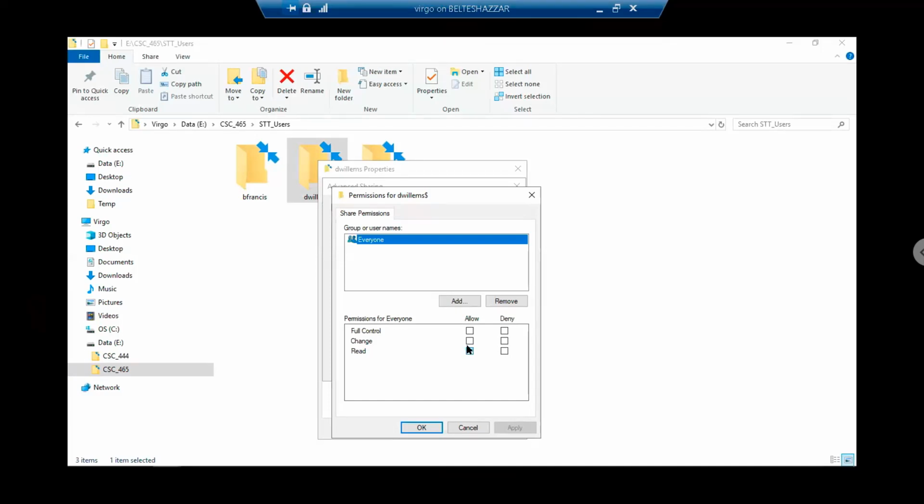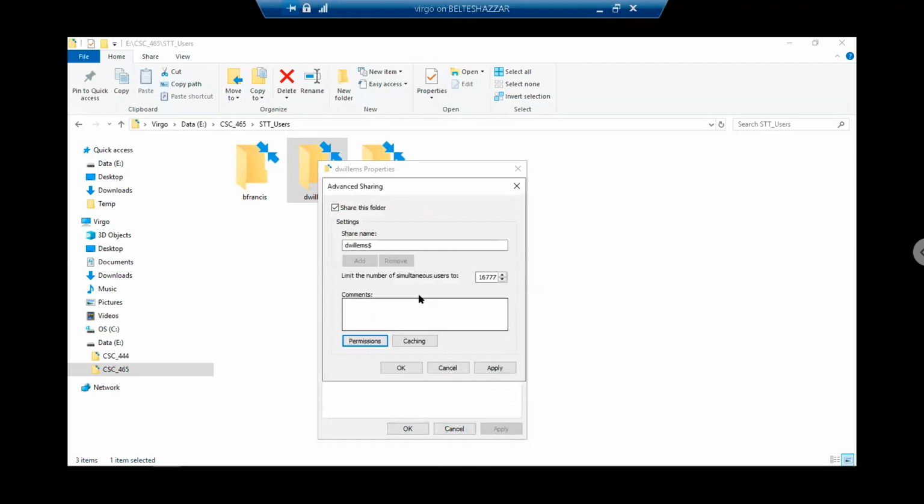If I can ask you a quick question, how did you just get to the box again? What was it you clicked to get to the box you're in now? I clicked on permissions right here. Okay, gotcha. So I clicked on permissions,